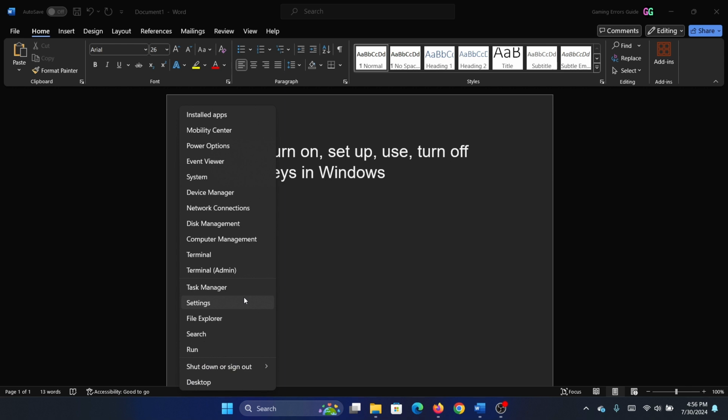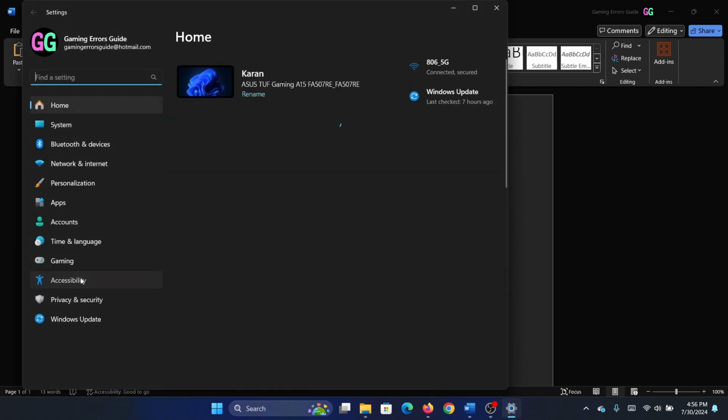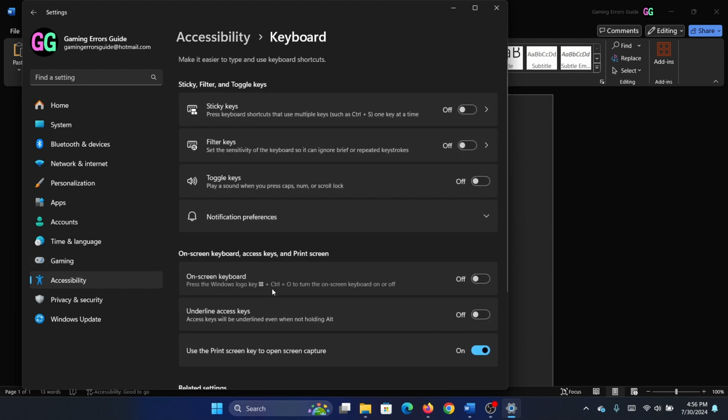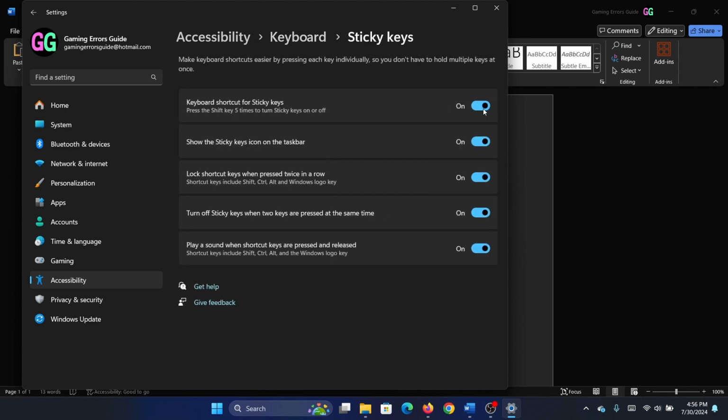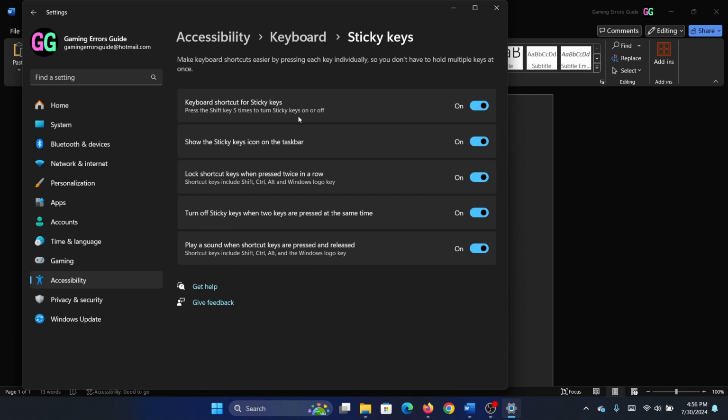Right click on the start button and select settings from the menu. Go to the accessibility tab on the list on the left side. In the right pane, scroll down and select keyboard. You'll find the option for sticky keys here. Okay, so you can turn it on if you want, and then there's an option to keep the sticky key